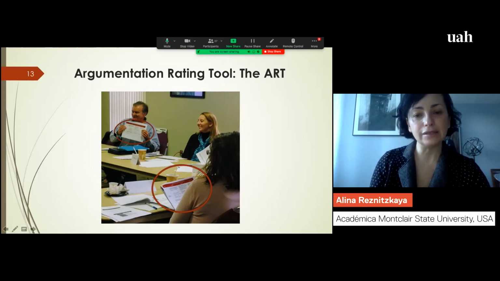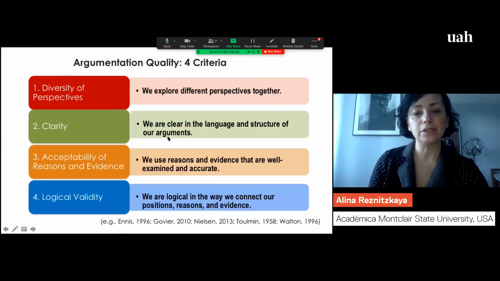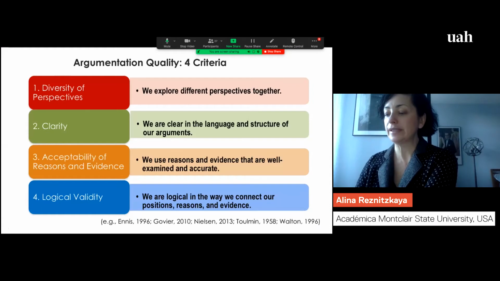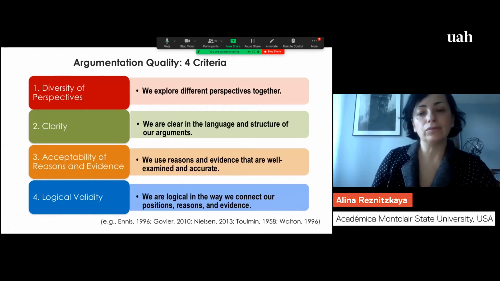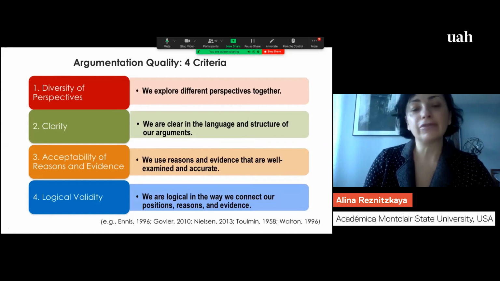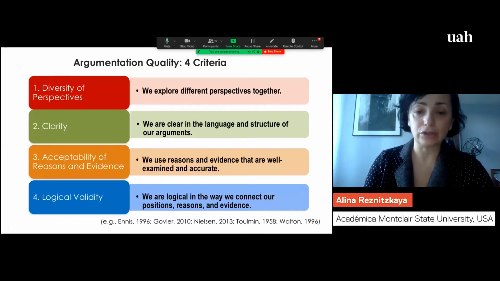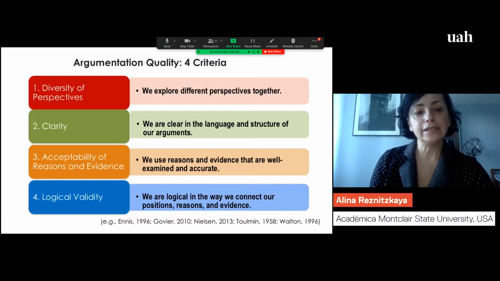You see this, this is my colleague Ian Wilkinson holding this. It's like a 12-page booklet that we've developed. What we tried to do in this project is we very quickly realized that in order for us to succeed with this goal of helping teachers develop the ability to facilitate argumentation during discussions, we had to figure out a way to clearly explain key criteria of what quality argumentation means. We have to identify those criteria and explain them in the language that teachers and students can understand. So first we identified these key criteria of good arguments,